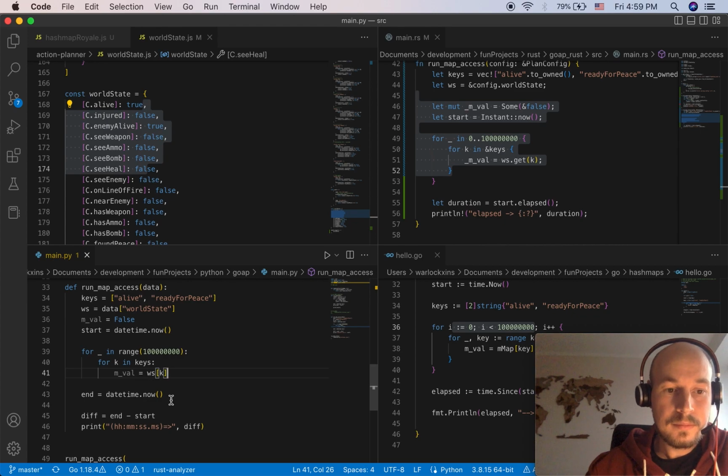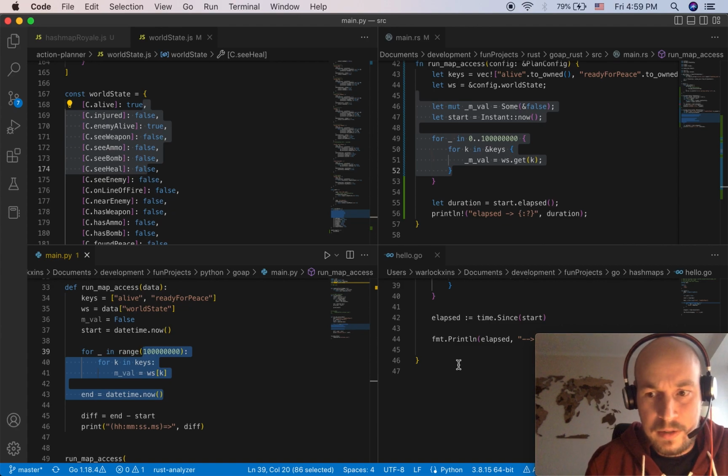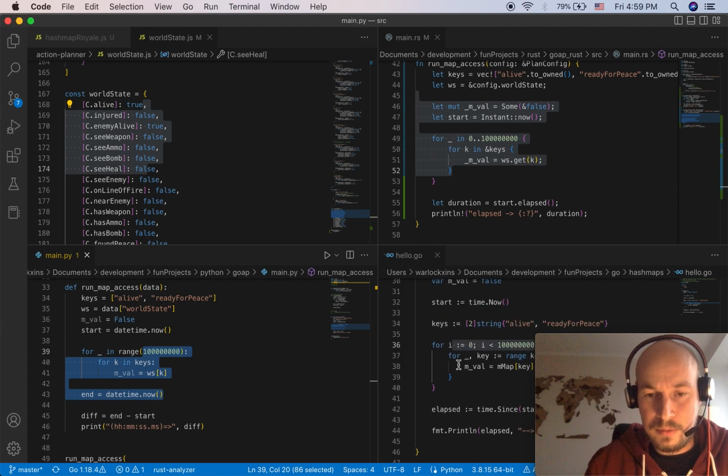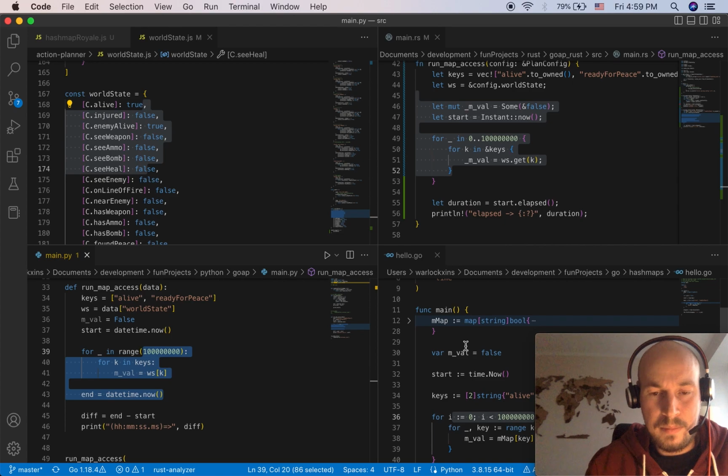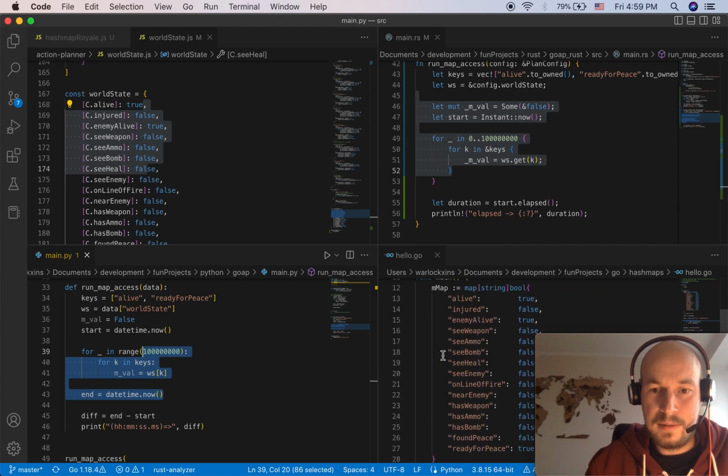Python was the easiest thing for me to write, period. It's that simple, and Go is just Go. It's like semi-Rust and semi-JavaScript, so it's kind of annoying to write in it, but it's kind of simple, I guess.